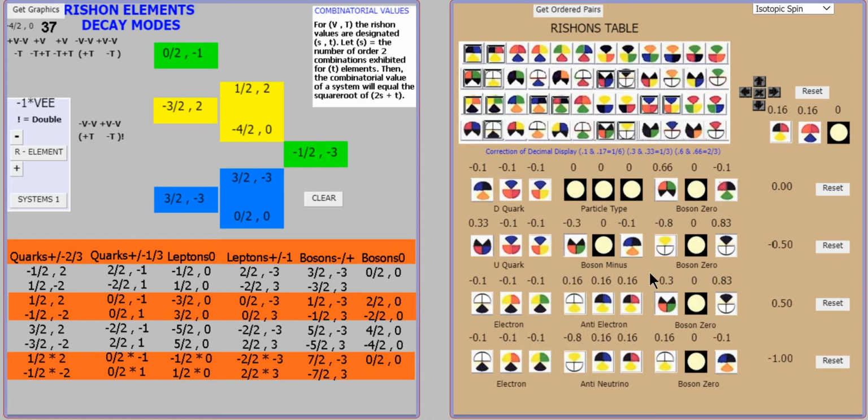This virtual pair will appear, and there will be an interaction between this boson minus part of the W boson and this V and anti-V self-relating pair, which turn one of these, the positron, into an anti-electron neutrino,